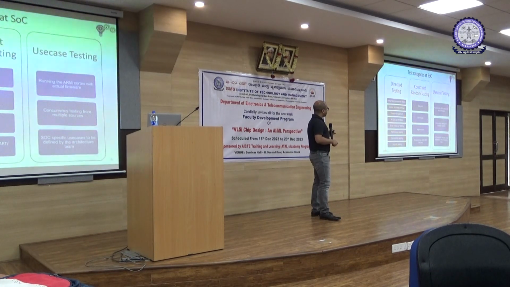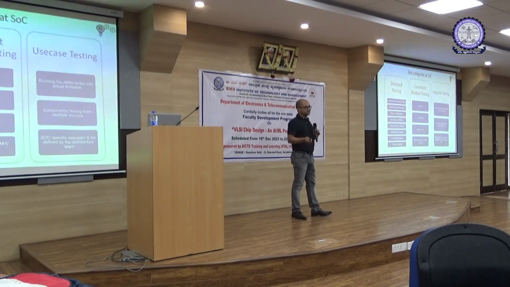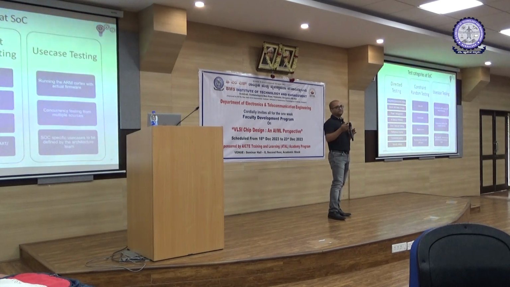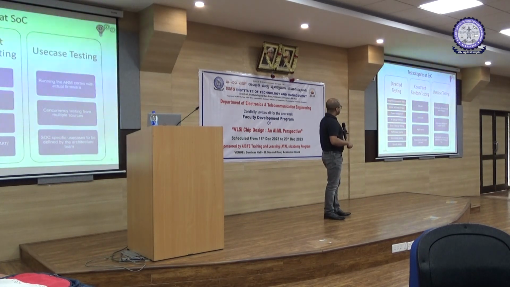Why I put it under constraint random is if you have thousands of registers, because certain things are already verified at the IP or subsystem level. So you don't need to verify each and every bit of each and every register at the SOC, right? You need to know what your SOC's application is, and depending on that you verify the registers, okay? Then you have the peripheral tests like SPI, UART, GPIO, which are the peripherals which talk to your external VIP or the verification IP agents, as I showed you in the last slide,